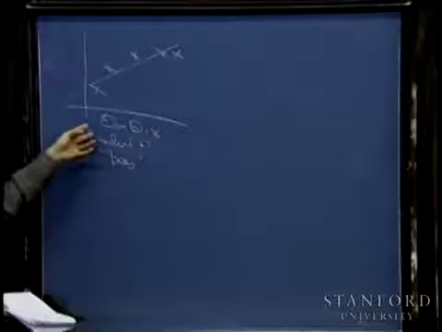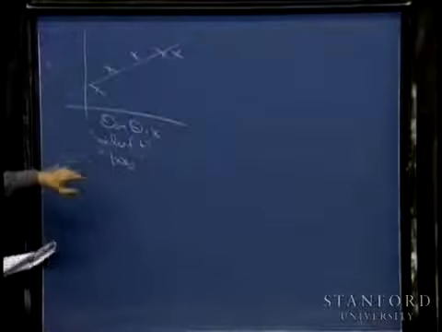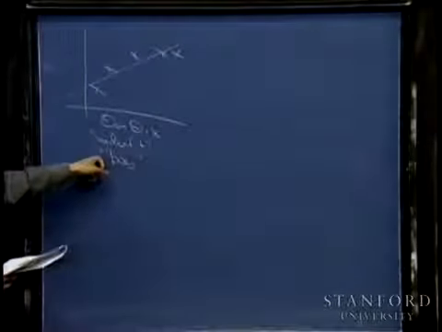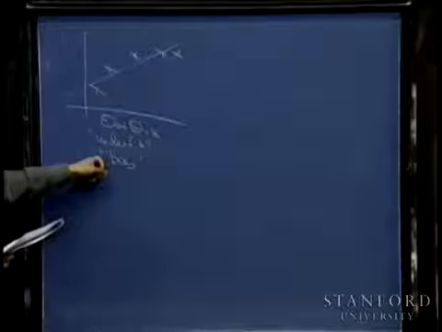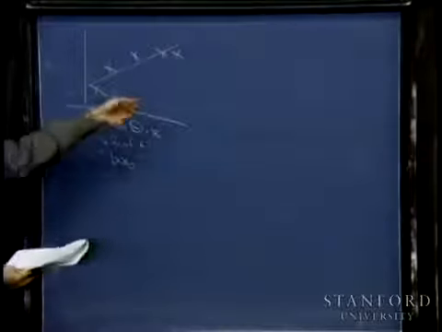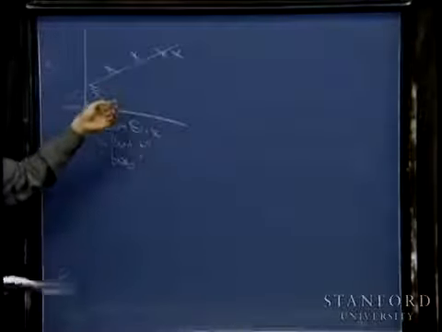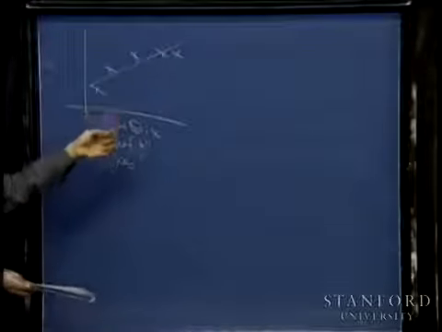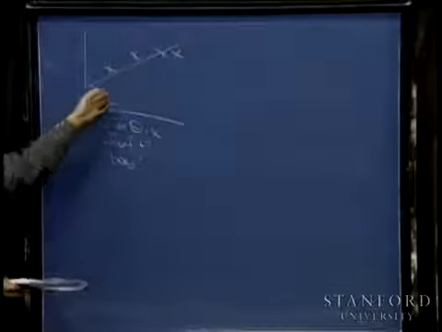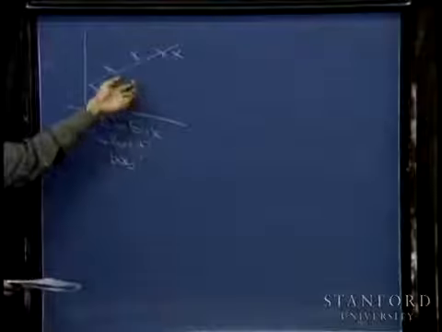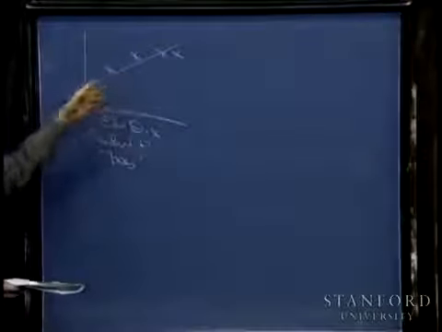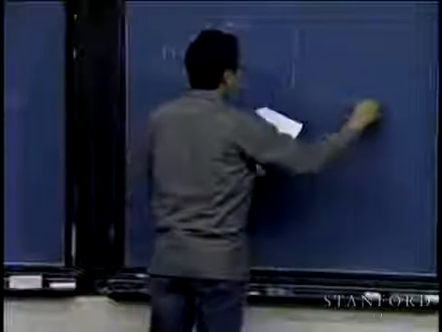And for the purposes of this cartoon, you can informally think of the bias of a learning algorithm as representing the fact that even if you had an infinite amount of training data, even if you had tons of training data, this algorithm would still fail to fit the quadratic function, the quadratic structure in the data. And so we think of this as a learning algorithm with high bias.